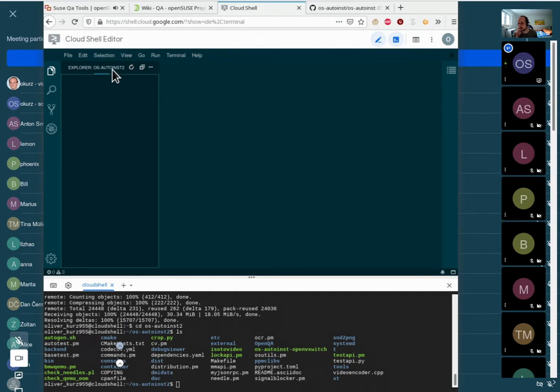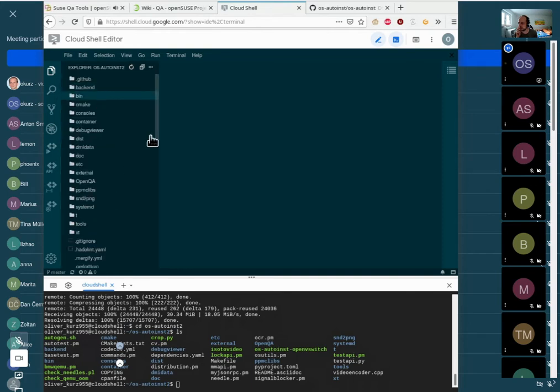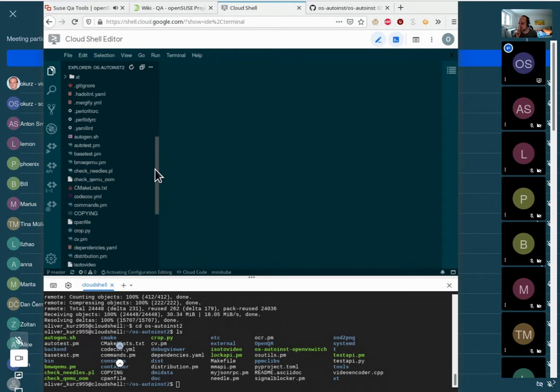So I have the working copy, the workspace, and what I see now is the checkout of the os-autoinst directory. There we have the central make file, we have CMake list, and we have the dependencies YAML file, which